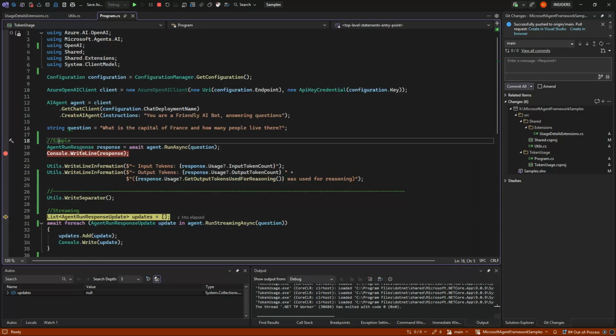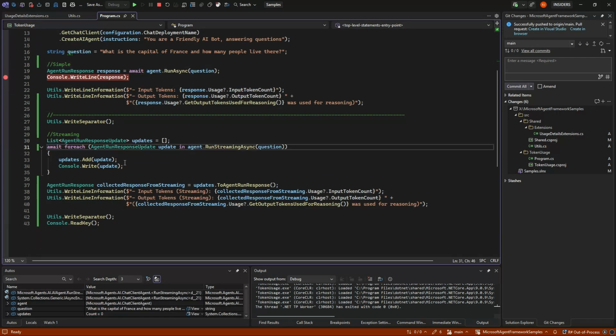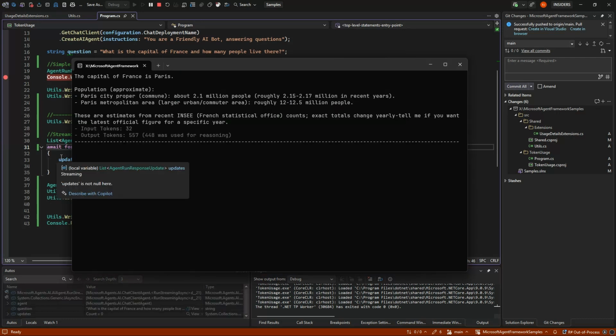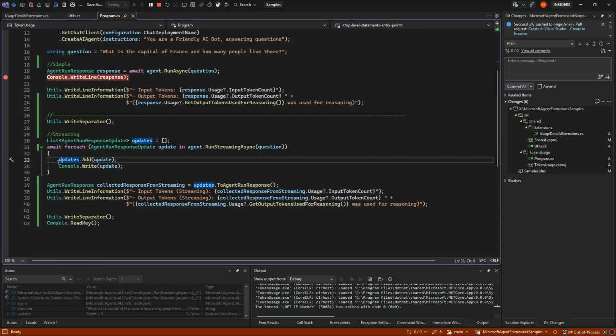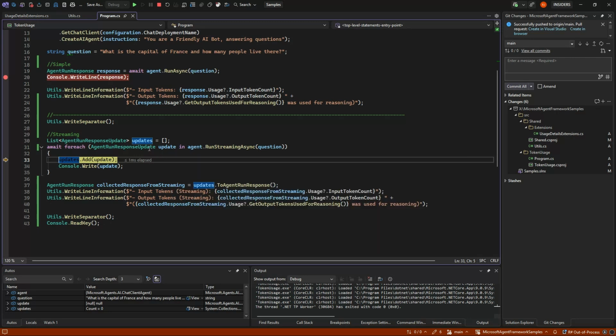It is, however, a little bit different in streaming, because if we go in and get the first stream part of it after it has reasoned, we will see that these updates don't have a usage. And that is because usage in streaming only comes at the end. So the very last update we will get back will actually be a usage update. But we don't really want to sit and wait for that.